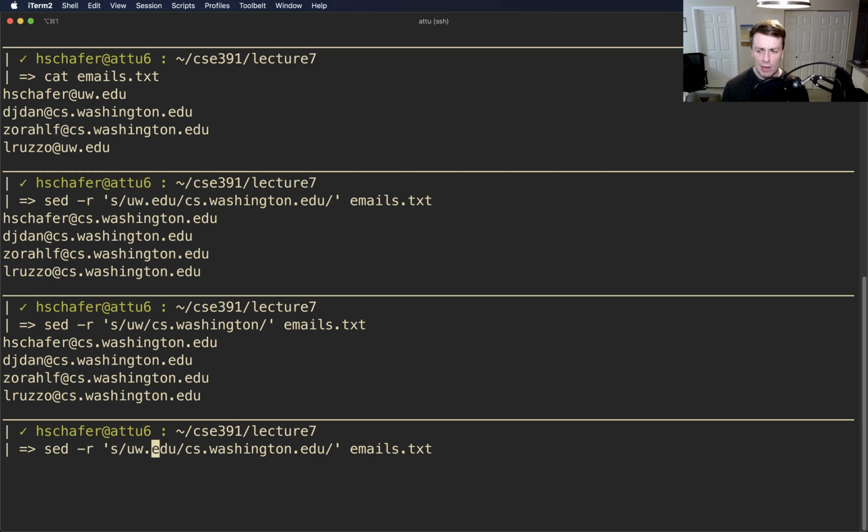Now, one thing that's a bit weird about this solution, this uw.edu, is that this dot here, since it's the first argument, the pattern defined, is a regular expression dot, which means match any character. So if someone's email address was uws.edu or something like that, no dot, this would match because dot matches anything, including a period, which is why it matched. This shouldn't probably matter unless you really needed it, but if you wanted to match the literal dot,